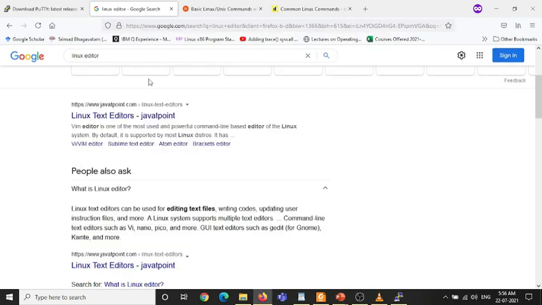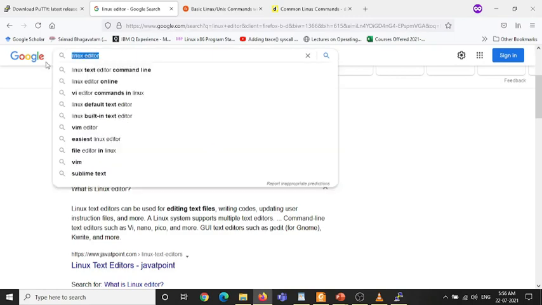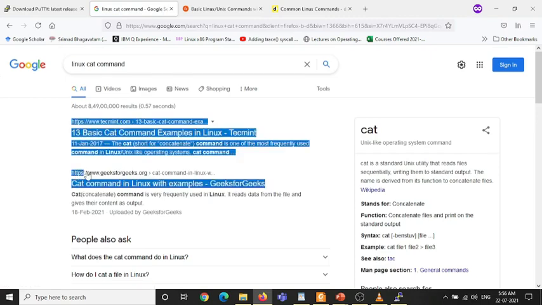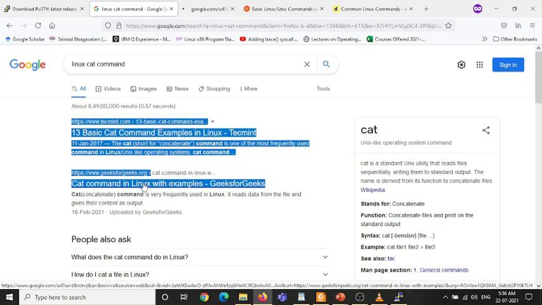Okay, if you want to read more about the cat command, you can type Linux cat command. You see that this is a very good website to learn something. GeeksforGeeks is there, so they will explain in this website. You will find more information about the cat command.